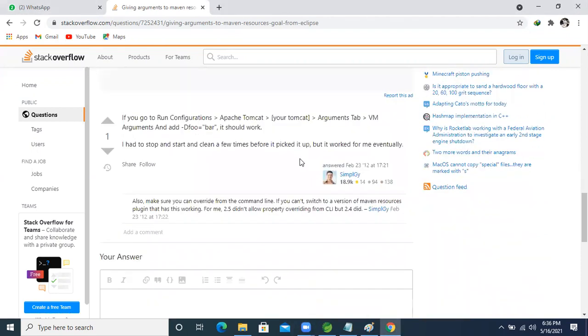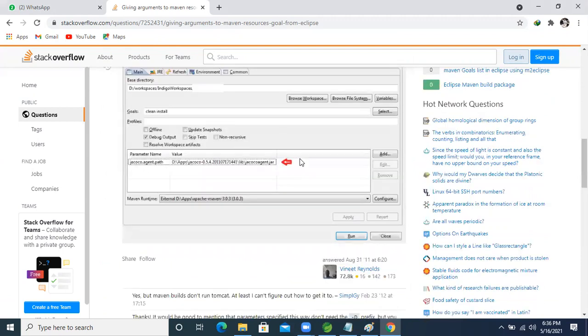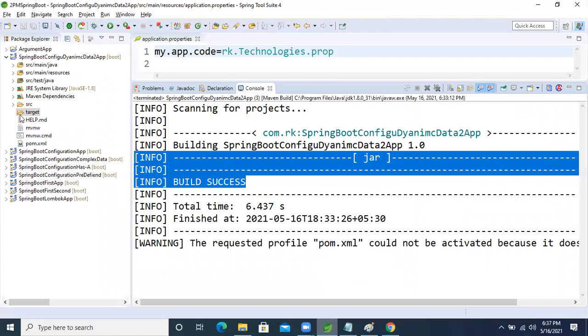I know that location, but Indigo workspace, right? Indigo workspace. Okay, again, come inside that group.